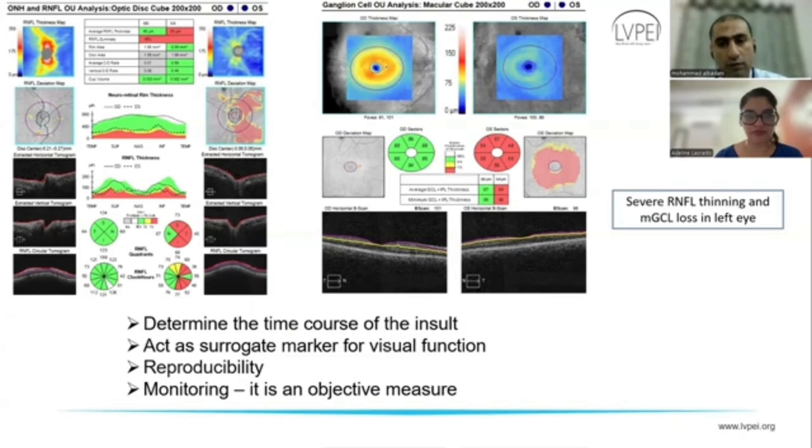I understood from your words, Dr. Adeline, that the OCT is considered an important indicator of visual function and also for monitoring the case. Measurement of the thickness of peripapillary retinal fiber layers is a very reliable and reproducible way to monitor mild to moderate optic disc swelling and increase in sectoral and average retinal fiber thickness. I'm correct, Dr. Adeline? We can move